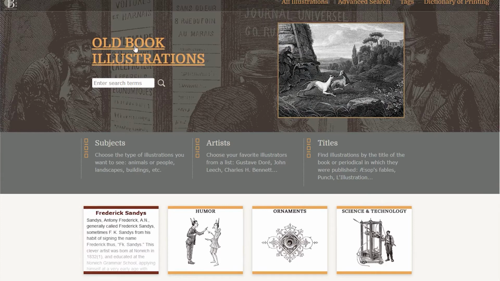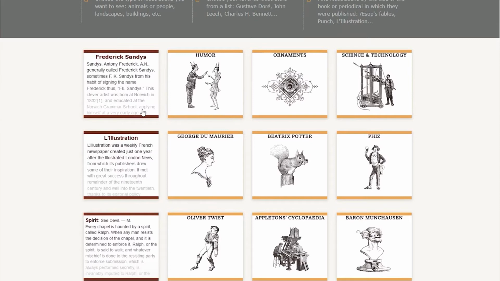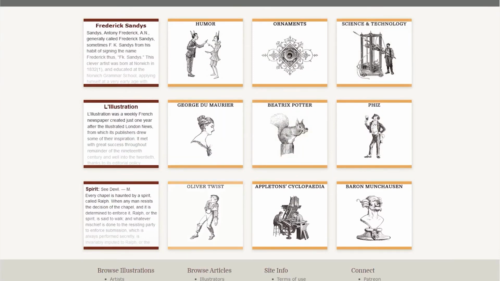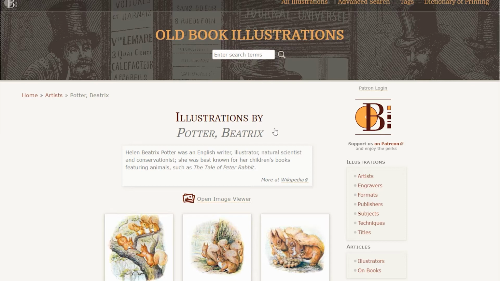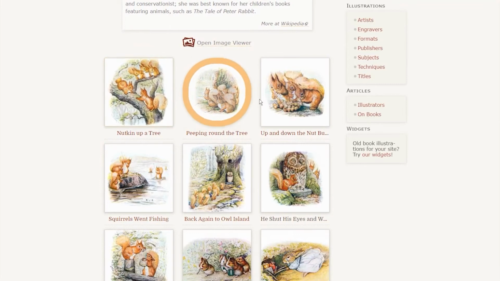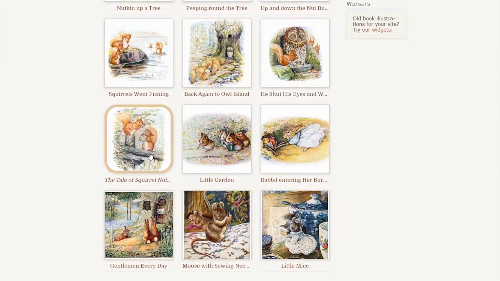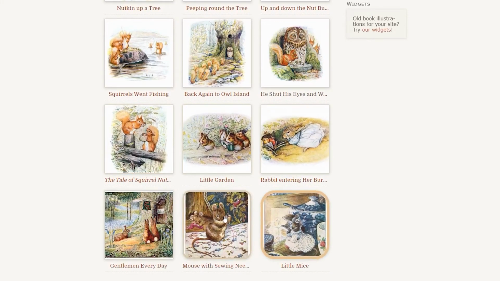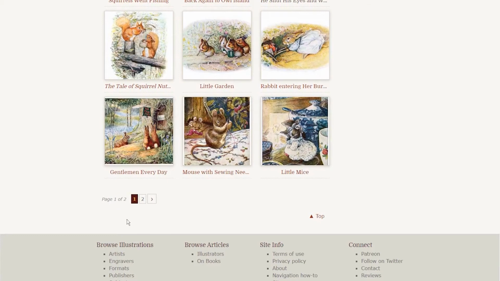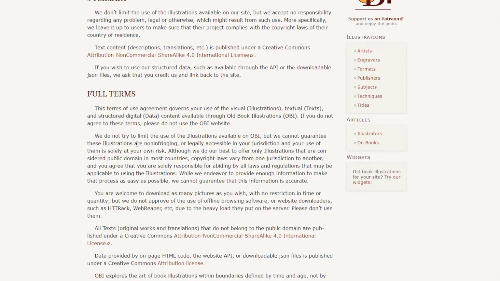The first website I want to show you is called All Book Illustrations. This website offers a really nice collection of public domain illustrations scanned from old books and vector illustrations that can be modified and distributed for both personal and commercial projects. These images are great to add some vintage appeal to your design, which is very popular these days. As you can see, there are tons of incredible illustrations that can level up your next design. The license terms for these images are relatively simple.